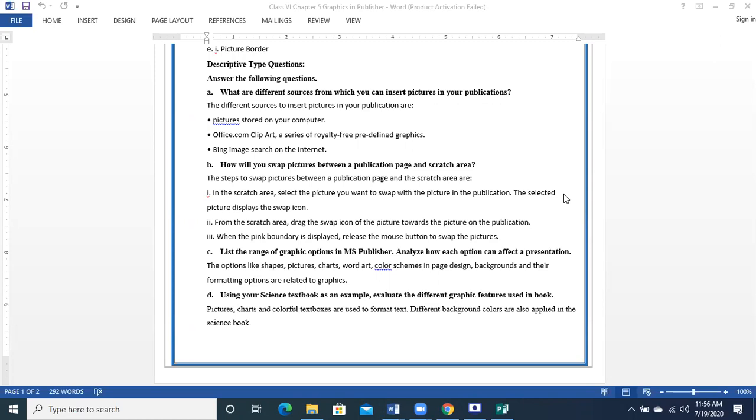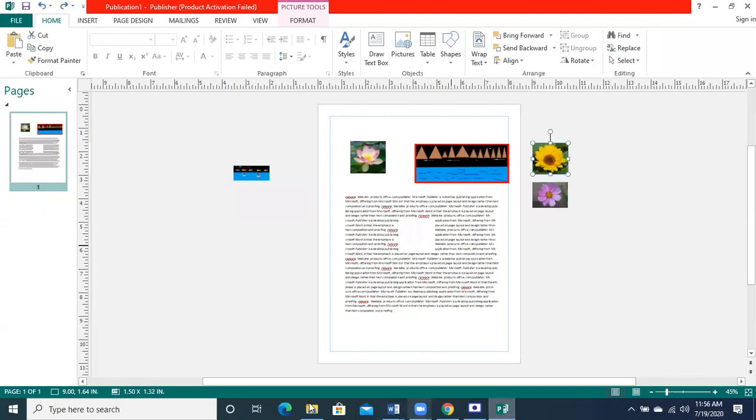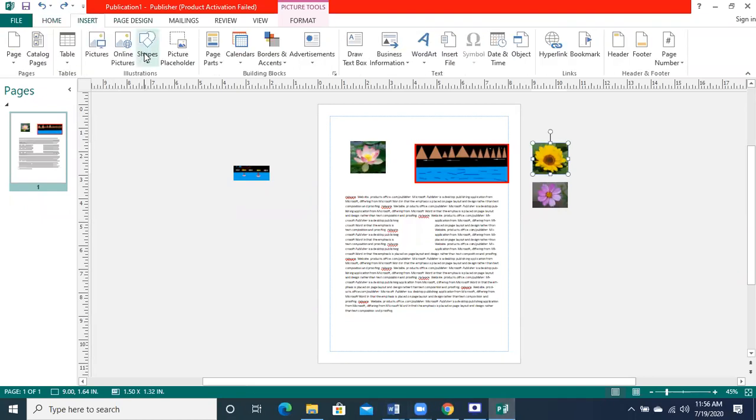So, what we are going to do, we are going to write over here that shape tool is there, pictures are there, charts are there, word art is there. These all are basically the tools related to the graphical work. Like we go to the insert shapes.